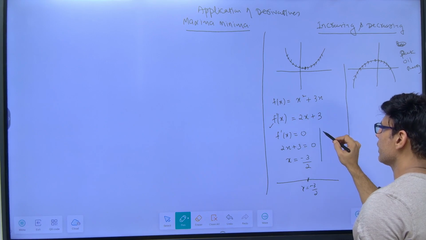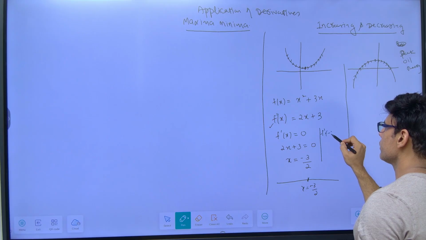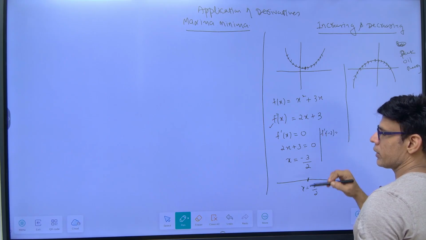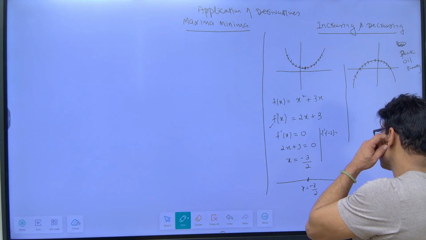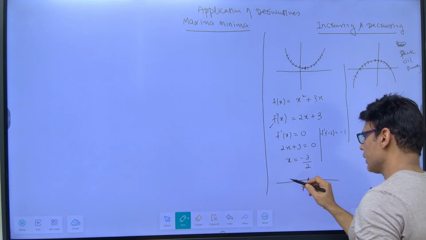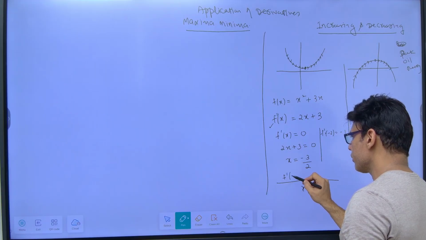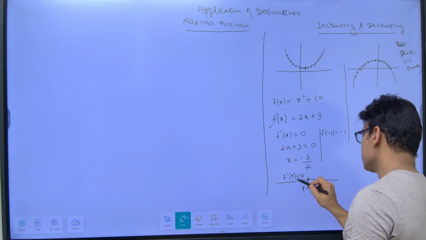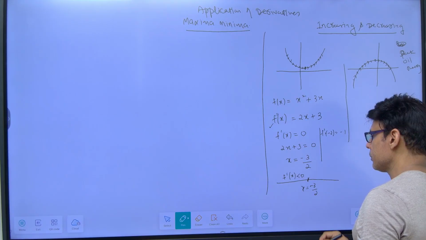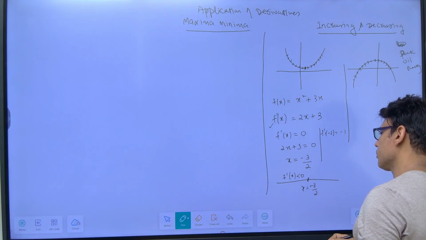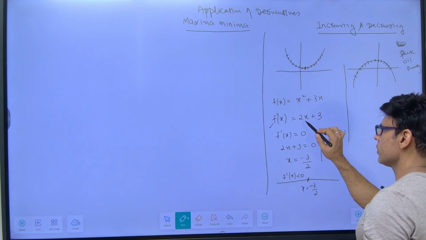So f dash of minus 2 is 2 into minus 2, which is minus 4, plus 3 is minus 1. That means here f dash x is less than 0. And if I take any value greater than minus 3 by 2, let's say 0 or 1,